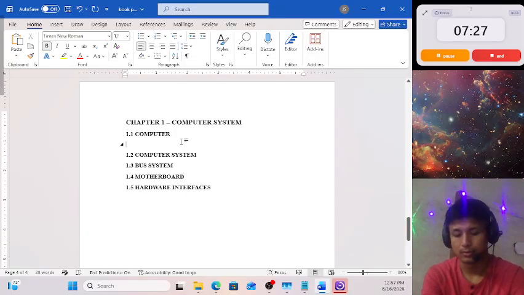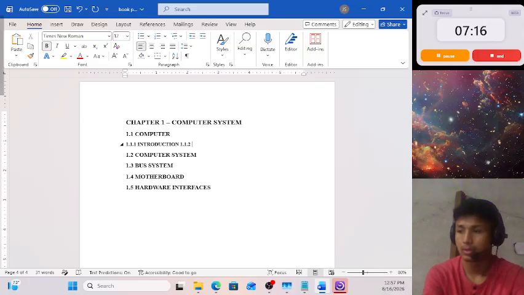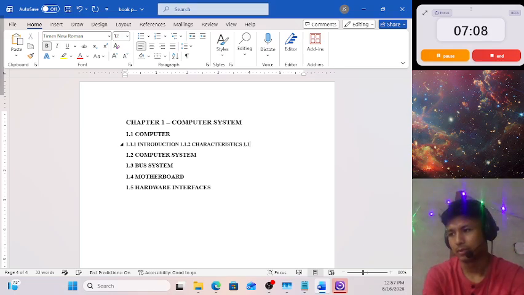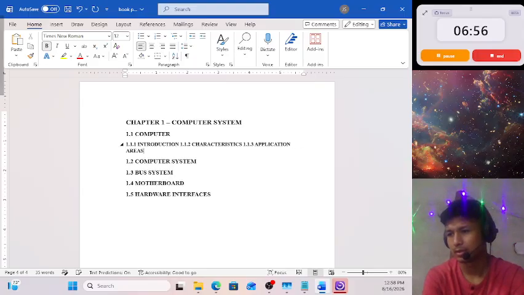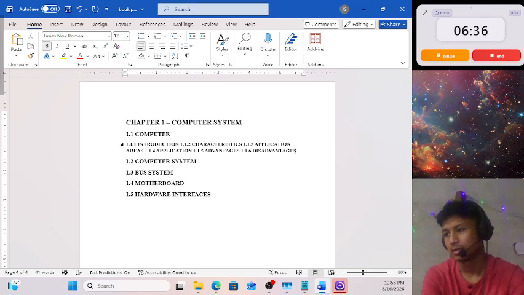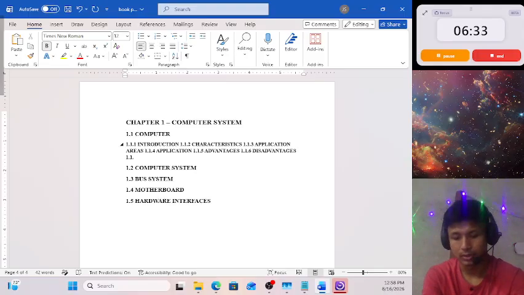So heading 3 are for 1.1.1 introduction. 1.1.2 is for what, like characteristics. 1.1.3 is for what, application areas. 1.1.4 application. 1.1.5 is for advantages. 1.1.6 is for disadvantages, and 1.1.7,